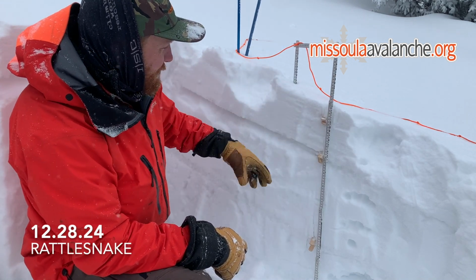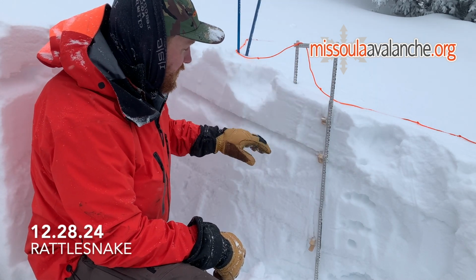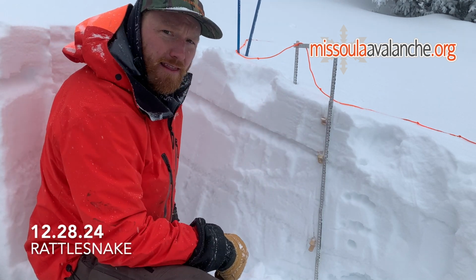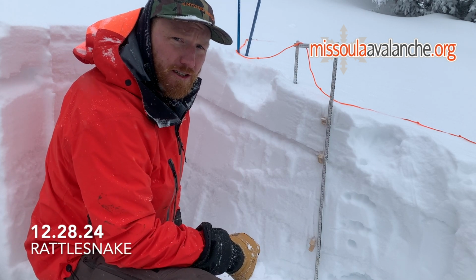Right now, we don't have a slab above it, but as this storm continues to accumulate, this could potentially come into play. Right now, we'll get a little bit of a failure in a compression test when we do any extended columns or anything to test propagation. We're not seeing that failure move. So next, we're going to regain the ridge and head over into some upper elevation terrain that's been affected by